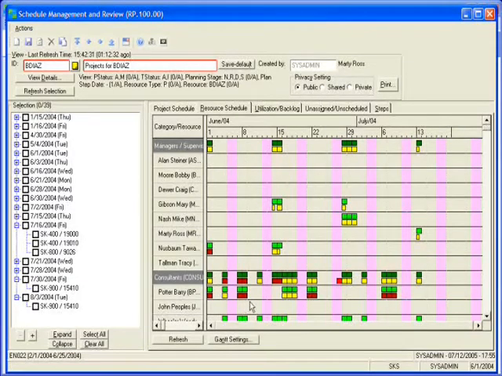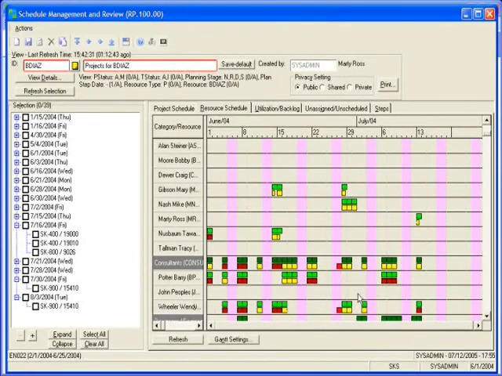Right. Does that summarize at the resource category level as well? Yes, it does. Right up here, it's a summary of the resource category view. So you can see, for example, this red block, which happens to be Wendy Wheeler working on that day, is an overload block for consultants, all of consultants. She's the only one that's working there, and there's her actual